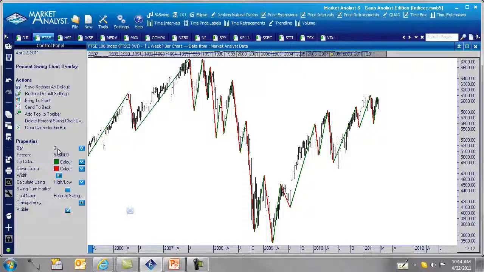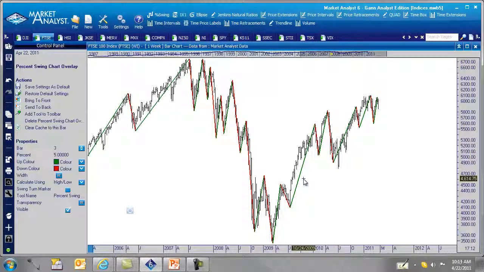If it's less than 3 bars, it's not going to register. So besides the time element, we also have a price element, which is the percentage of change, which in this case is 5%. What that means is that you're not going to have another leg register until it goes 5%